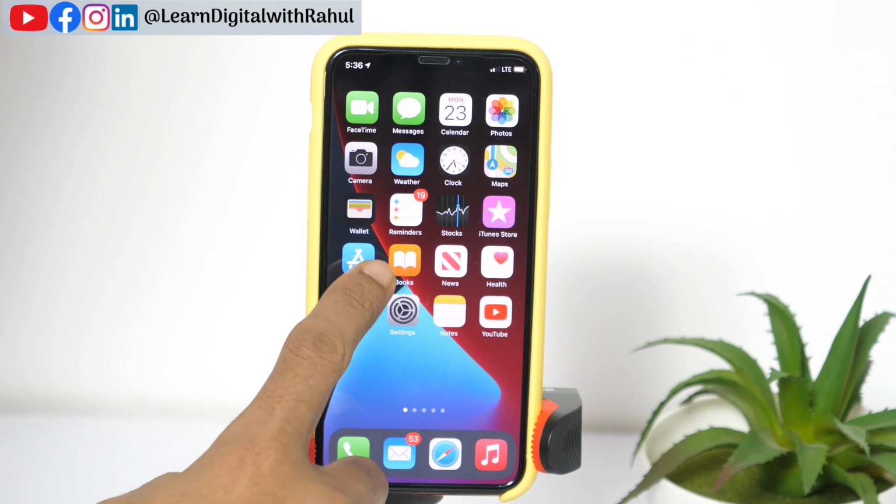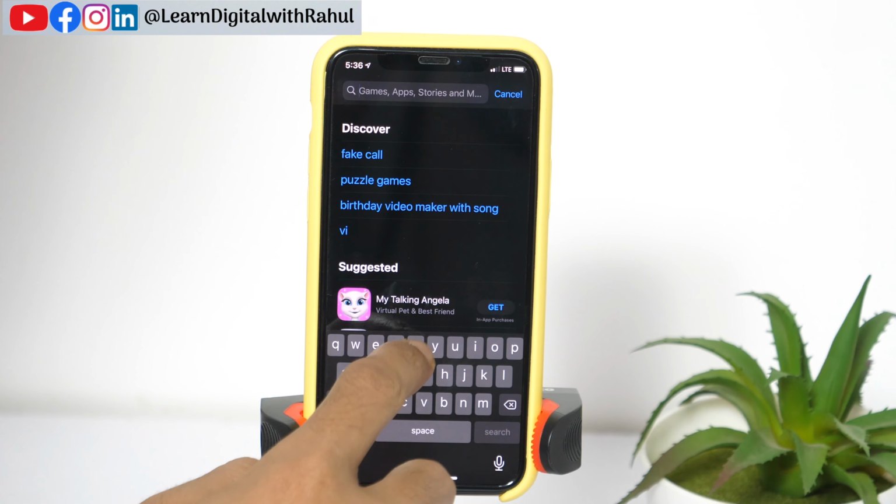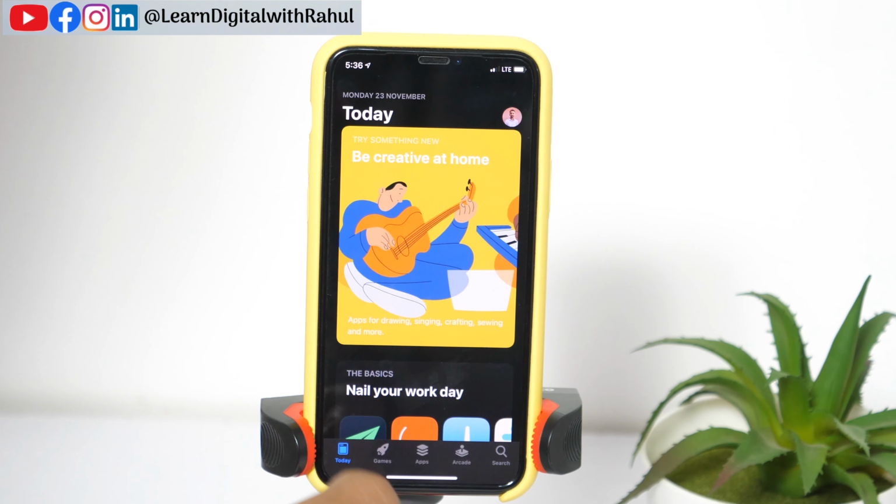But before we proceed, let me tell you YouTube Shorts is currently available as a beta feature for all YouTube creators in India. And slowly it's expanding to other countries as well. However, as a viewer, you may watch YouTube Shorts videos no matter which country you belong to. If you can't see the YouTube Shorts feature in your YouTube app, make sure you have the latest version of the app. Simply open the App Store and update the app.